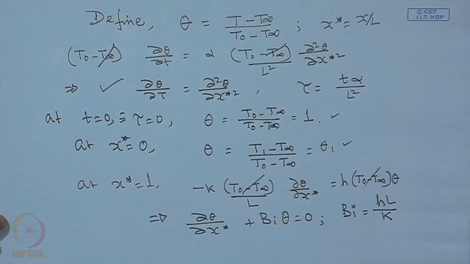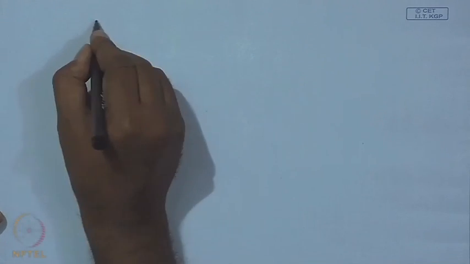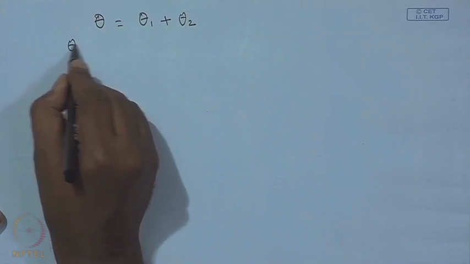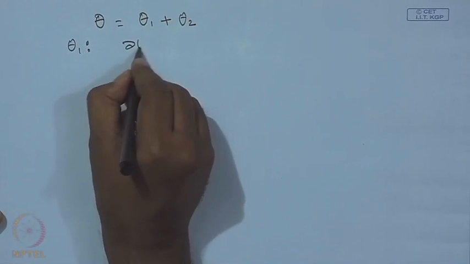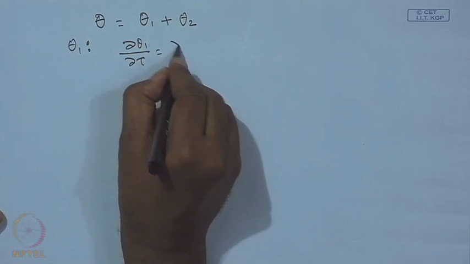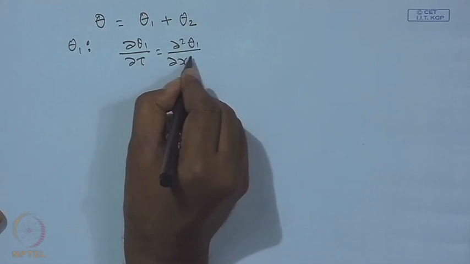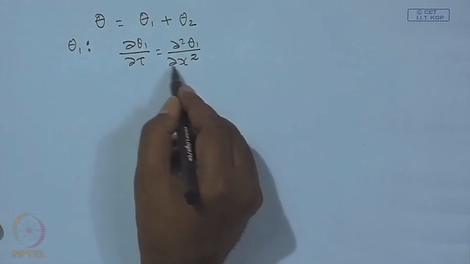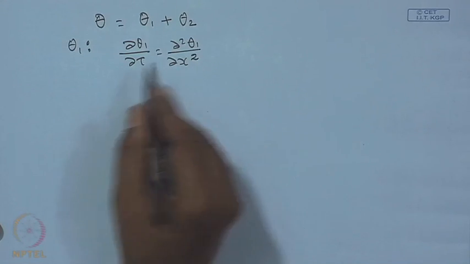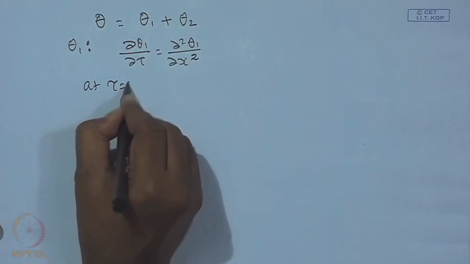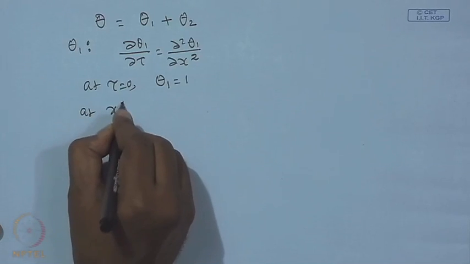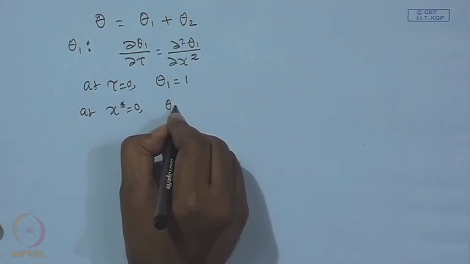So, we divide this problem into 2 sub problems considering one non-homogeneity at a time. So, theta is equal to theta 1 plus theta 2. Let us define theta 1. Theta 1 will be del theta 1 del tau is equal to del square theta 1 del x square. We just write x in place of x star. So, that means x is a non-dimensional length. At tau is equal to 0, we put theta 1 is equal to 1. At x star is equal to 0, we put theta 1